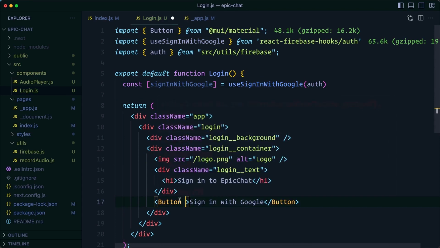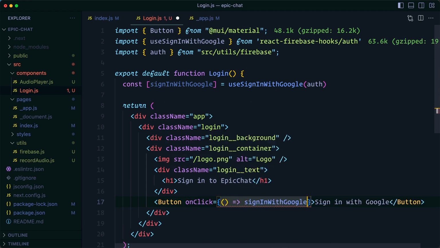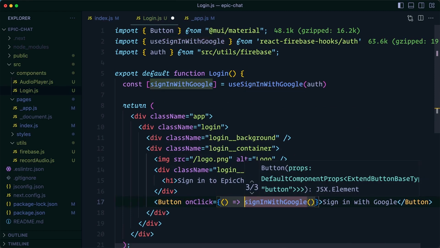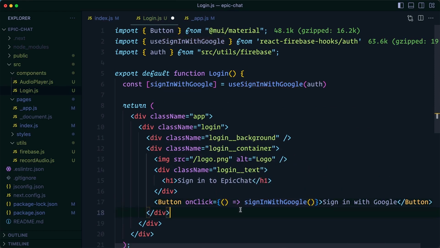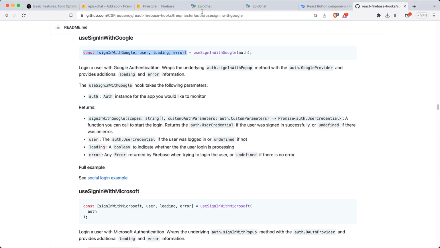And just like any button, we can add to our Material UI button an onClick and then call a function. So we'll write an inline arrow function. We're in the return, we're simply going to call signInWithGoogle. Now, before testing this out, and of course we can save and make sure that we're not getting any errors,